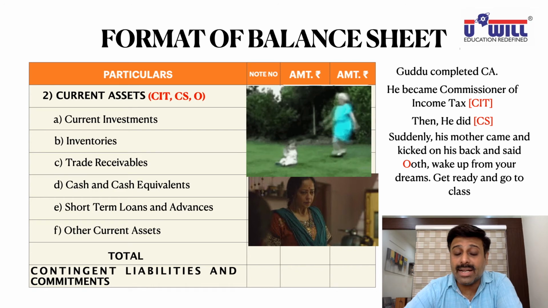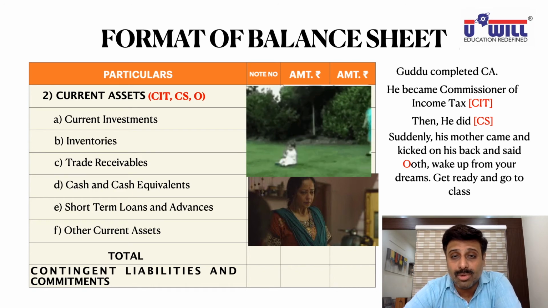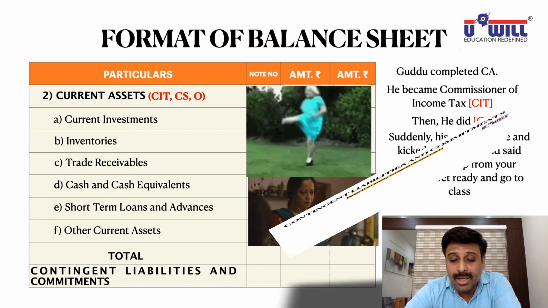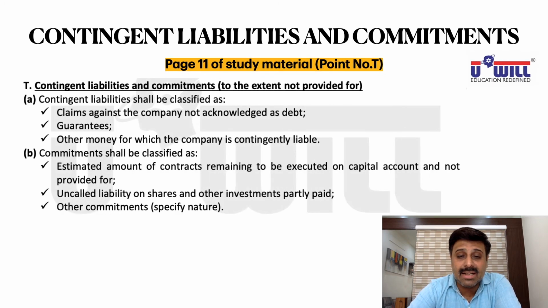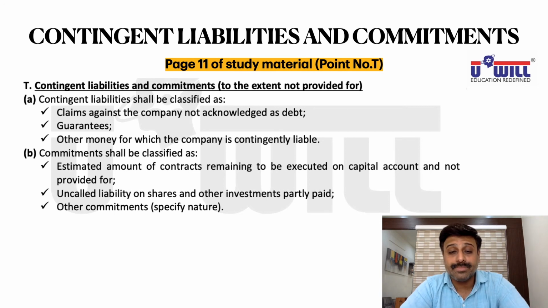Contingent liabilities and commitments, what do they include? Now let us understand them in detail. In your notebook, give the heading contingent liabilities and commitments, or else take out page number 11 of your study material. Even if you don't write this in your notebook directly, take out page number 11, they are given over there. And in simple language, I'll make you write these things. These are Companies Act hardcore raw language, very difficult to understand. I'll make you write the things in simple language, you can write them in bracket. So on page number 11 of your study material, you'll find point number T in that.